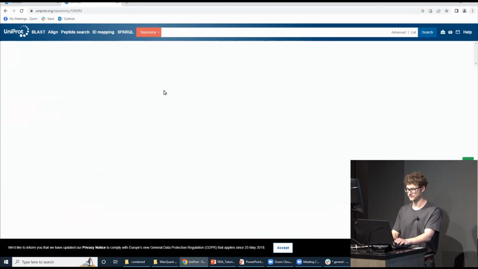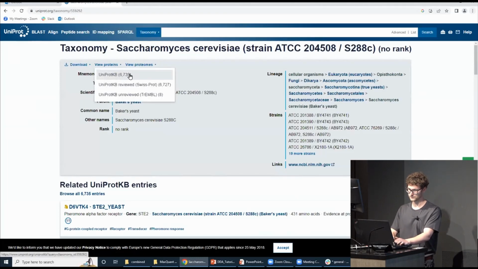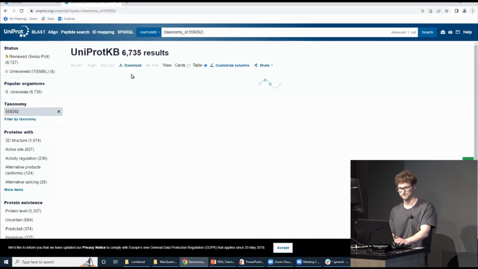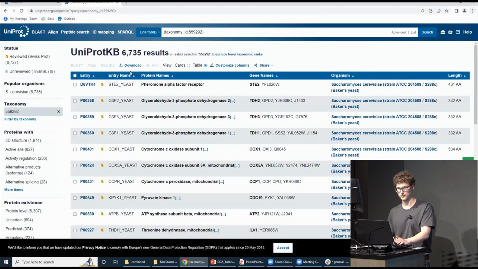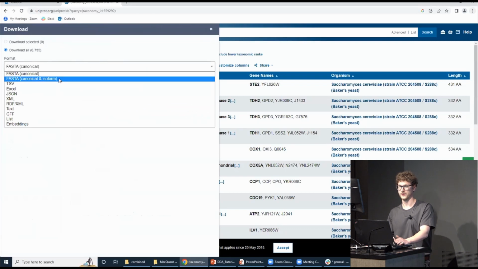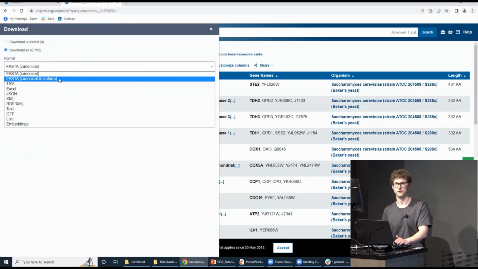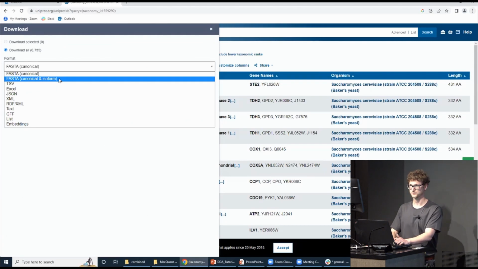We click on that, click View Proteins, UniProt KB. And then we can download our FASTA files through download. And we select canonical and isoforms. These are the 2 files that I had, your canonical FASTA file and additional FASTA file. Canonical refers to Swiss-Prot proteins, and isoform refers to TrEMBL proteins. So you select this line